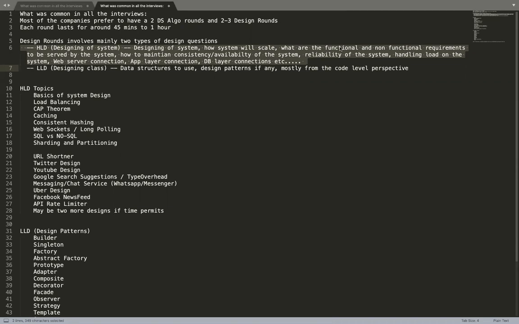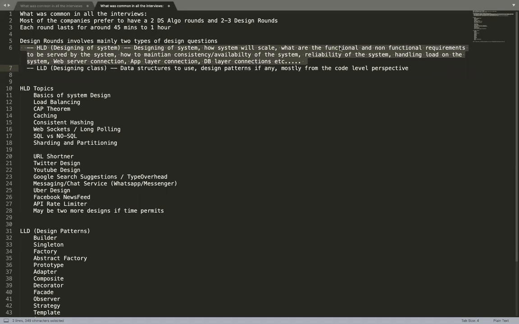Bad in a way because if you come up with a lot of requirements, you won't have time. And if you're not clear with the requirements, and don't think about all the non-functional requirements, it becomes very difficult to come up with a design within 45 minutes. That is where you need to know how to distribute your time during the interview: for any design question, how to come up with the correct functional requirements, the non-functional requirements, and the proper estimations. All those things will be covered as part of high level design.